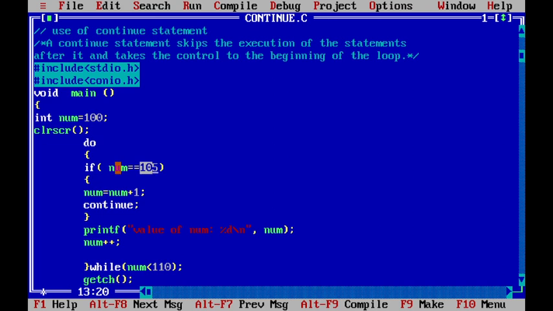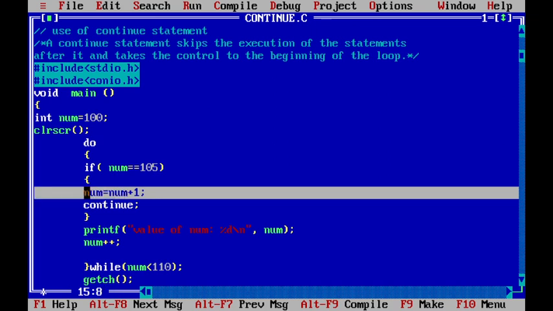And once num is 105, in that case we are adding 1 to the value of num. This will become 106. Otherwise, if we do not increment, what will happen? It will remain 105 and will stay in the if statement only, and will not be able to go further.